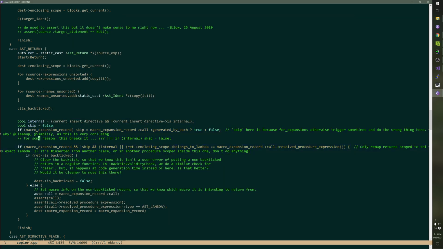The problem is this is part of a larger picture that involves insert directives, for expansions, macro stuff. It's all very complicated, and I would like to simplify it. I've gone through several passes of simplifying it, actually. But it takes me like several days each time I sit down to think about it. So I don't have time to do that tonight.